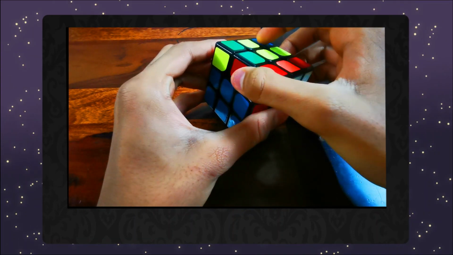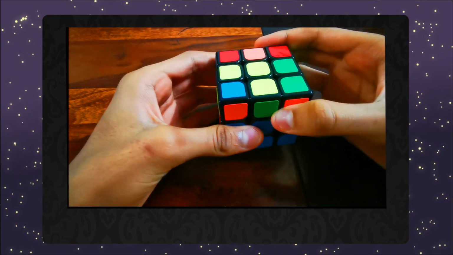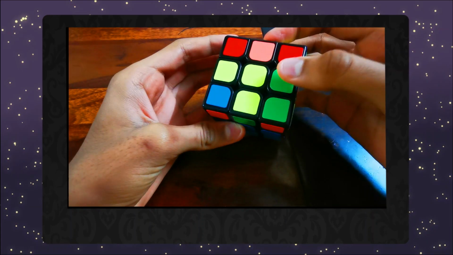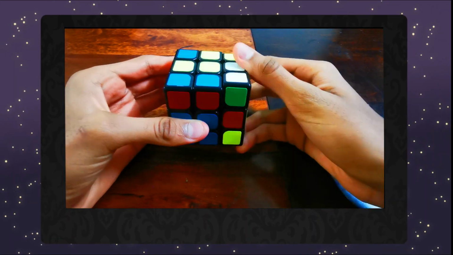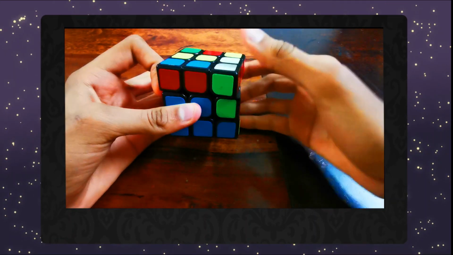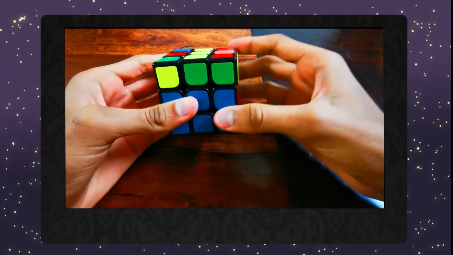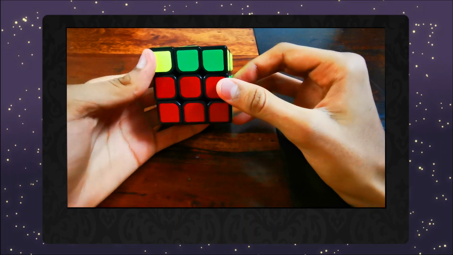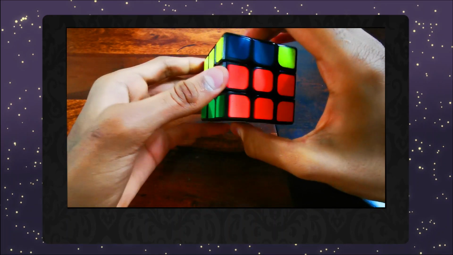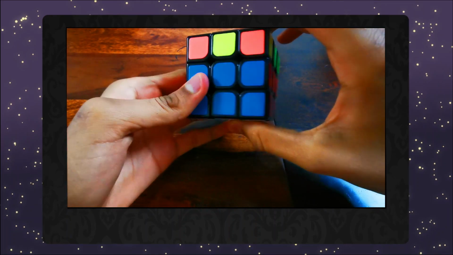What we have to do is match this red color with its center, and then move towards the left. And what is the top color? It is green, and it is present on the back side. So for the back side, the formula is R U R U R U prime R prime U prime R prime U prime. So the red and green piece has also settled. So we have finished solving the two layers.